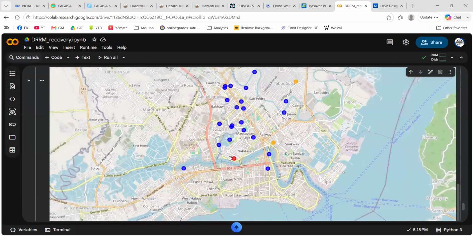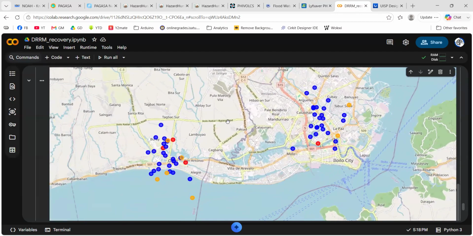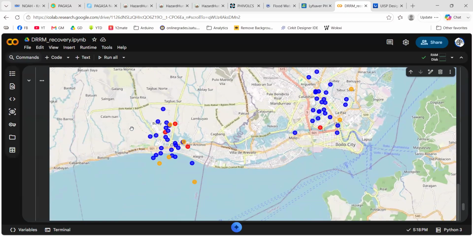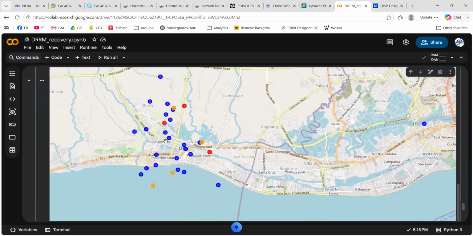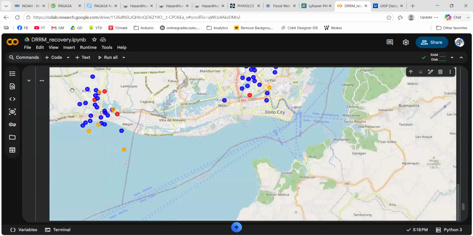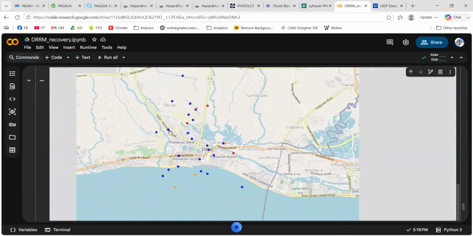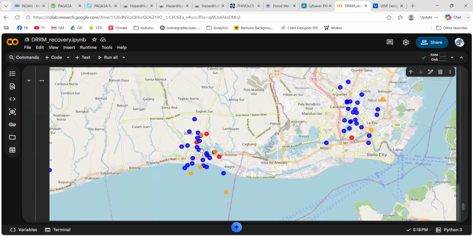That's the beauty of the GIS technology that we can actually use in the apps that we are developing, or maybe as simple as using Colab for viewing the data. So you can easily see. Of course, this is with the help of AI. The code itself has an AI feature that determines which of these affected communities need the utmost prioritization. In this case, for example, in this area, I'm not sure, this is outside the city already. Yep, this is outside the city.